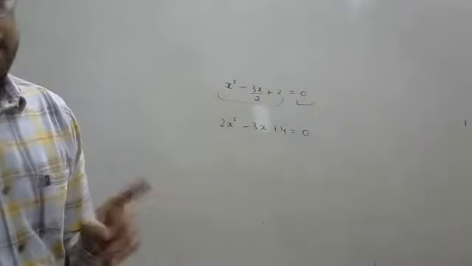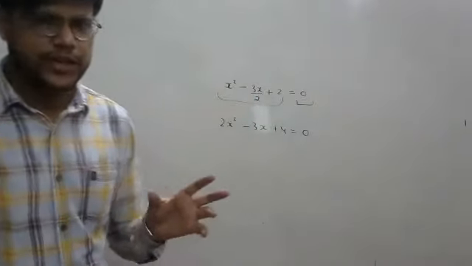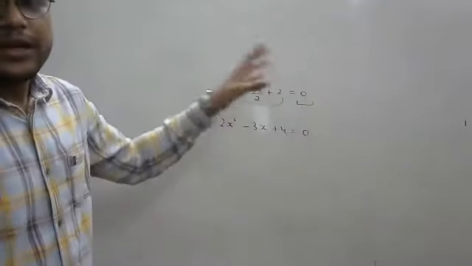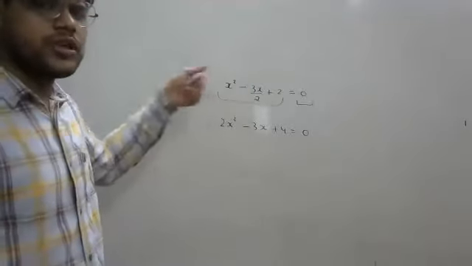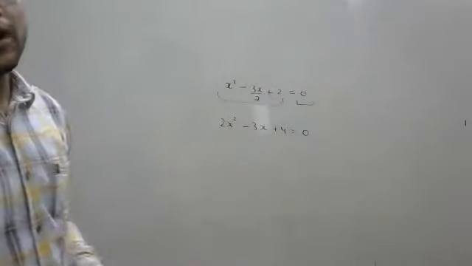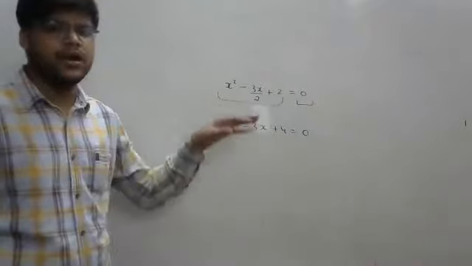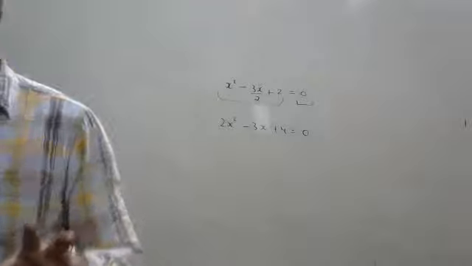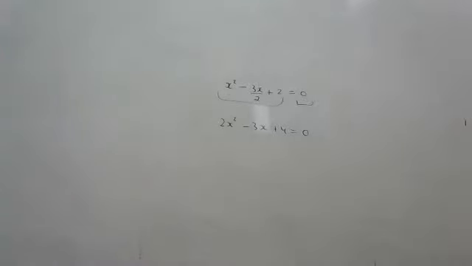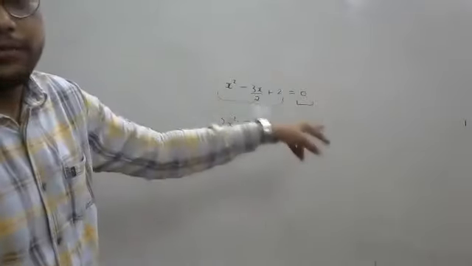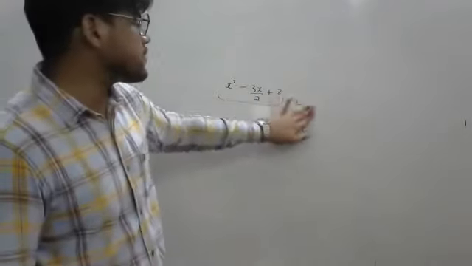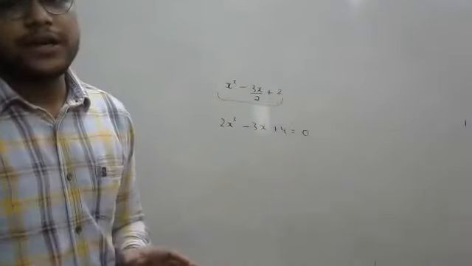I cannot multiply a polynomial or an expression directly just with the 2. But this is an equation. In an equation, whatever I am doing on the left side, I am also doing on the right side. It is allowed. I can multiply with any number on the right side and left side, and still the equation will be equal. So in an equation, a lot of modifications can be done. You can multiply with the same number, divide with the same number, add the same number. But in an expression, it will not be correct.